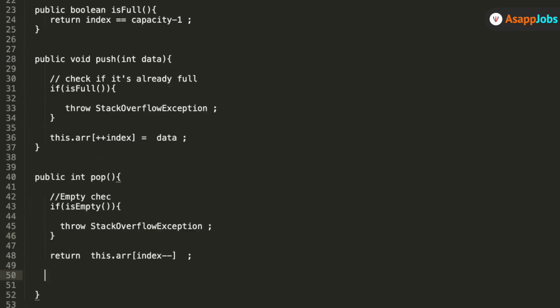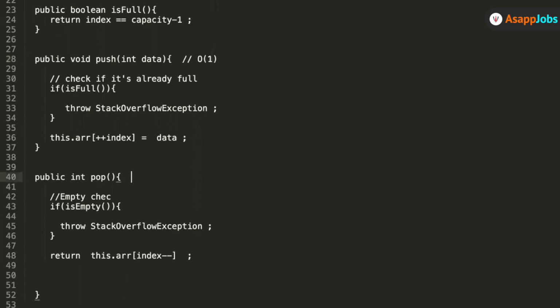Now you tell me, what is the time complexity of this push operation here? Order of 1. Why 1? Can you justify your answer? You are right, but why 1? Sir, we are just checking the value at top, right? Yes, because we know the index, and the beauty of the array data structure is that if I know the index, I can look up that value in constant time. So I know what index I have to look the value up at.